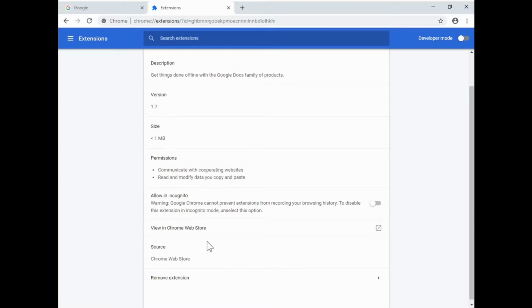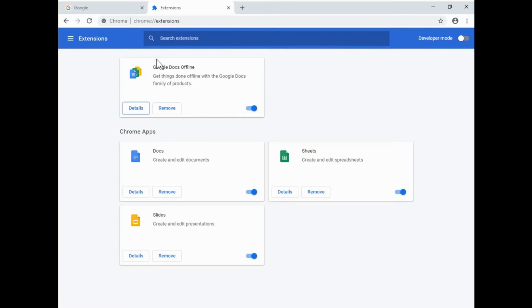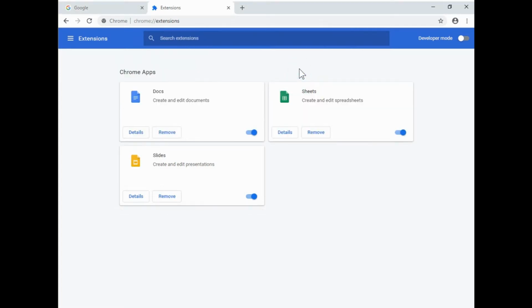So you can visit the store where this comes from and see the source, and you can remove the extension from here as well, but we'll hit the little arrow up here in the top right to go back. You'll see on the previous screen as well there is a little toggle switch here where you can just temporarily turn it on and off without actually having to remove it. And if we go to remove this one, it confirms if you want to remove that, and once I confirm that, it is gone.